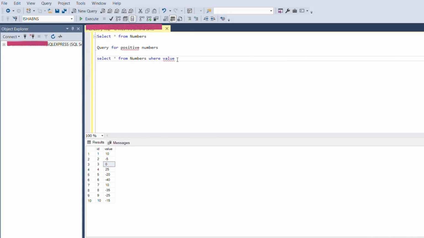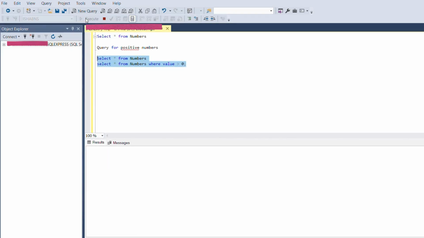So that is why I'm taking value greater than 0. Once I select this and execute, it will show only the positive numbers from the resultant set of the table. I'll show you that as well.